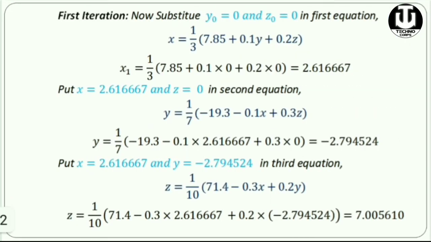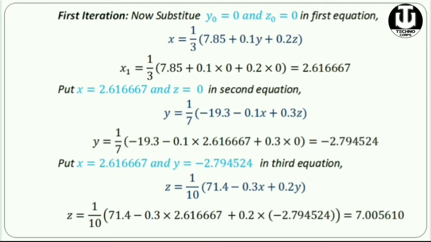So what is my first iteration? We have to get the value of x1, y1 and z1 using these three equations we have just got. Here, in the x value we should put the value of y and z. What is y? That is y0 and z0, because the latest value for y0 and z0 is 0 only, so we are keeping that value, so this comes as the x1 value.